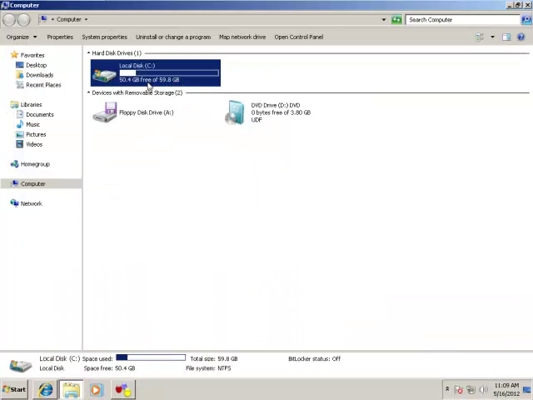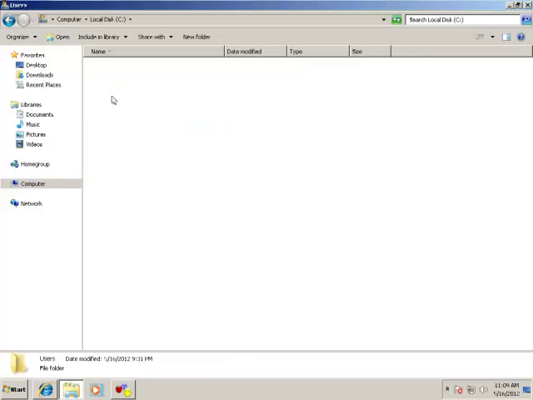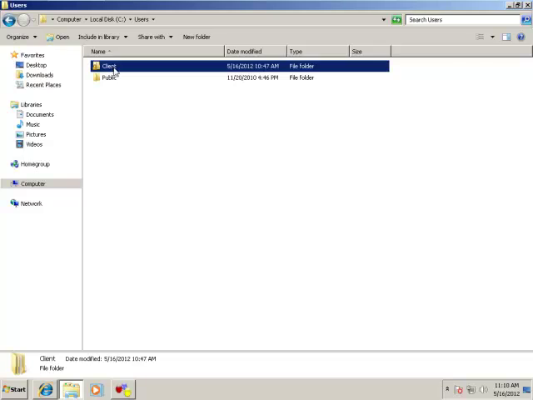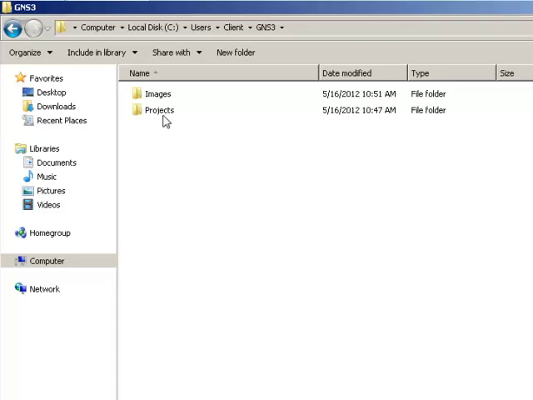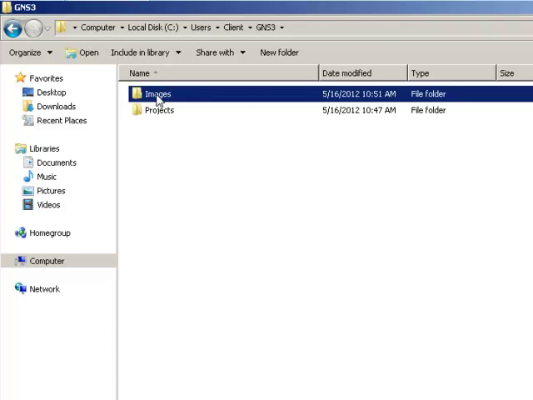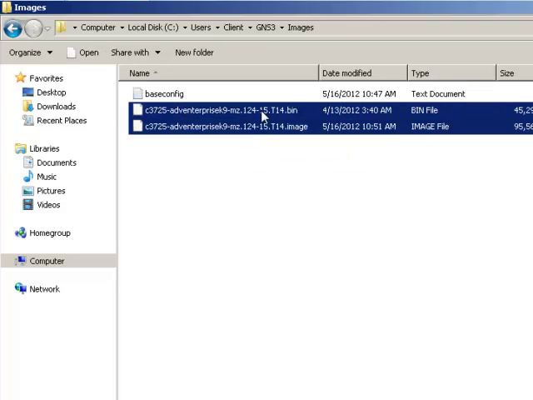So just remember where you have to put that: C, user, computer name, and then GNS3 over here. Then you'll find the images folder. Copy the